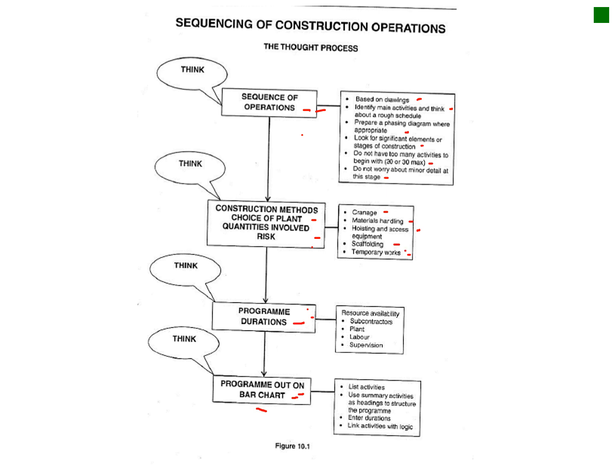Creating working space around your structure, that type of things. Then you have your program durations. Then you put in your subcontractors, how long it will take for each item, the plant, the labor, supervision. You take that into consideration, and then you list your activities. You use your summary activities in the program. You enter your duration, and you link your